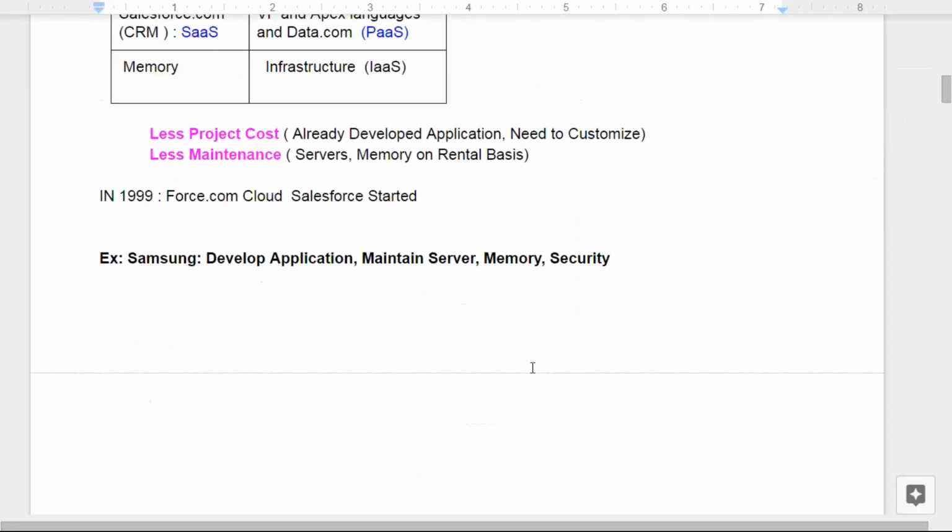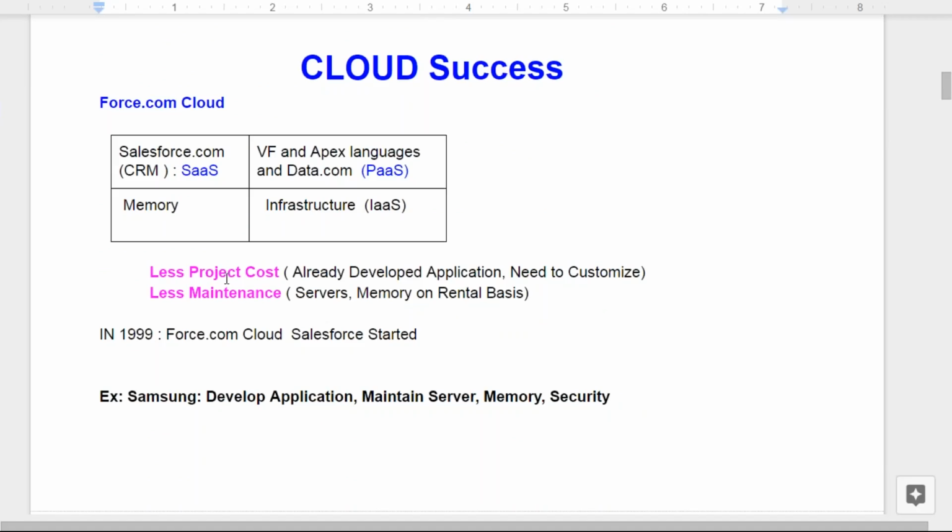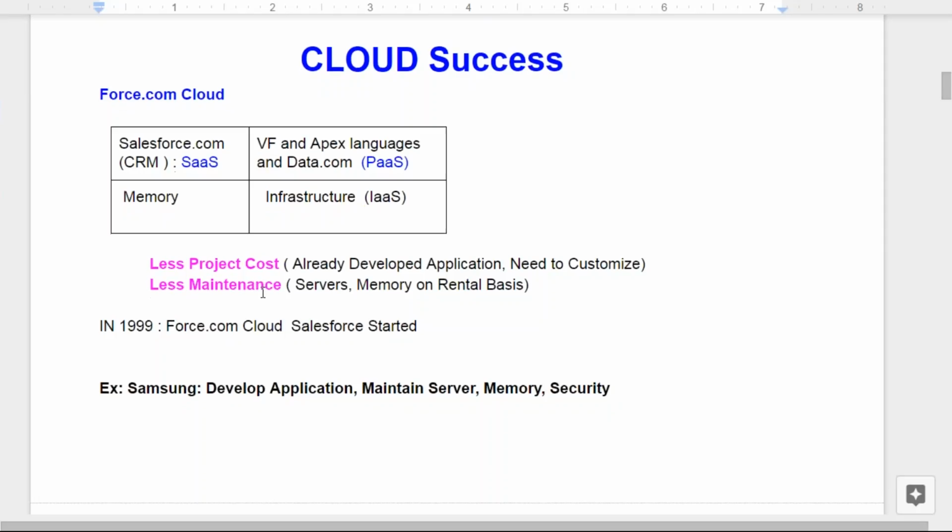Mainly, what is the prerequisite, sir, for cloud technology? If you want to be in cloud, why cloud technology is successful: less cost, less maintenance. If you want software, just create a Salesforce ID. I'll give the software, and you start using it in your business. You modify that software how you want for your business. Drag and drop options will be there. Your memory, server, infrastructure, all that is maintained by the Force company, maintaining our service with less maintenance cost. Less cost, less maintenance will be there.